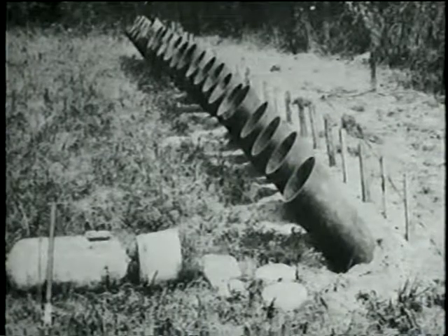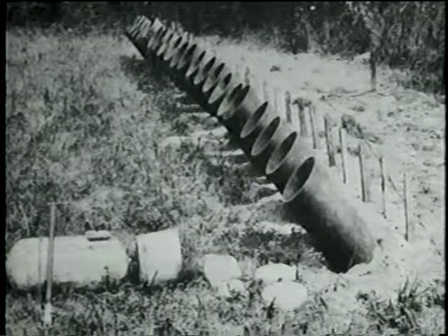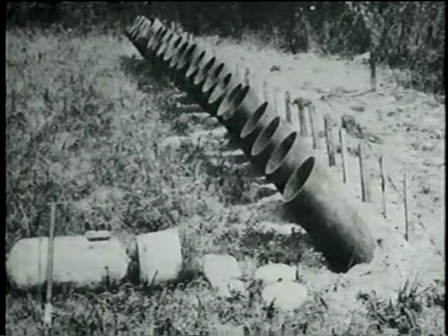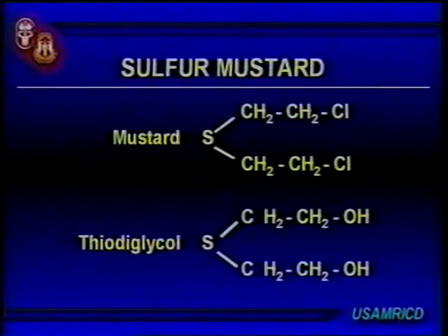These, by the way, were called Levin's tubes. They were like a poor man's mortar, and it was one way they shot chemicals out in World War I. You saw gas tanks yesterday. You see this structure? This is mustard. Most of these chemical agents have very simple structures. Some of them are as simple as water, like phosgene. It's a very small molecule.